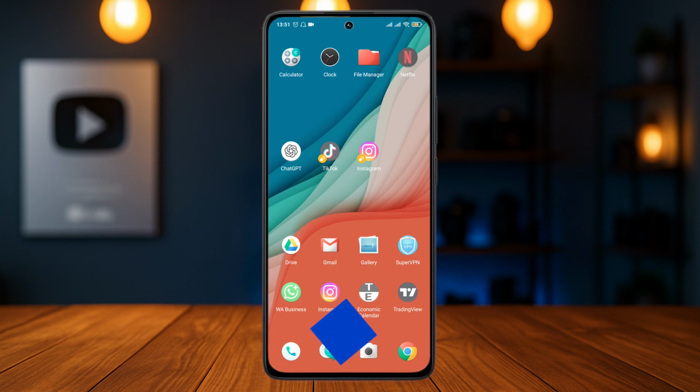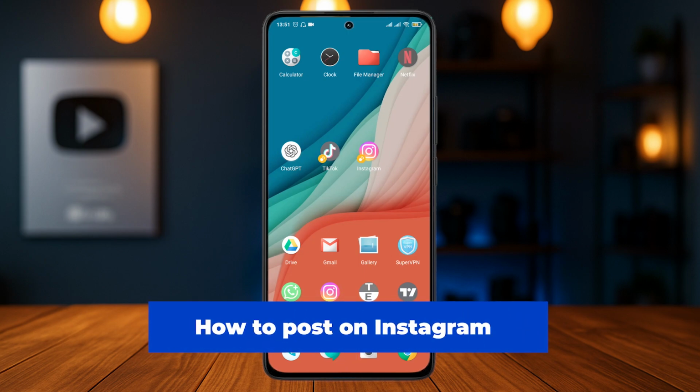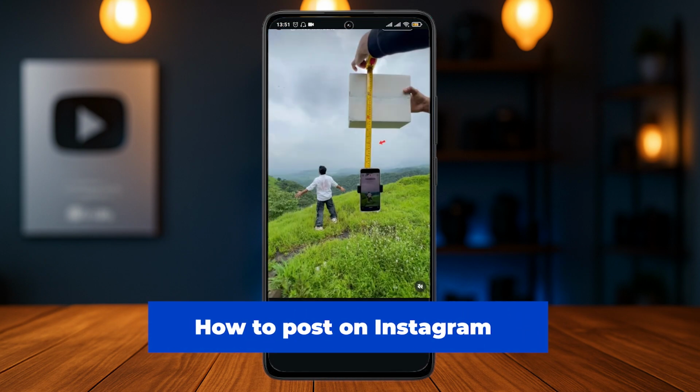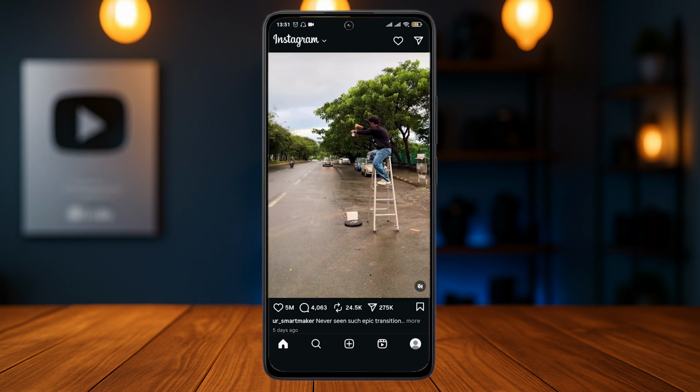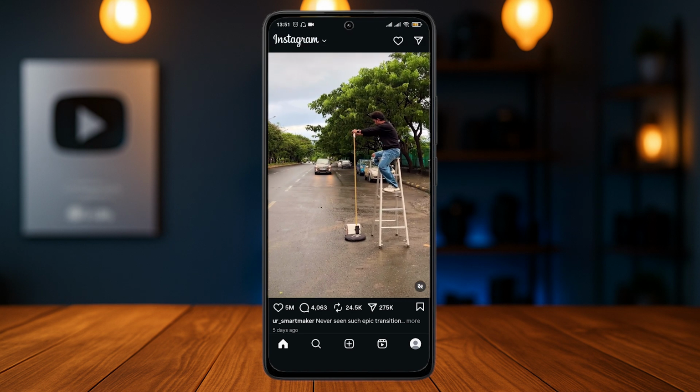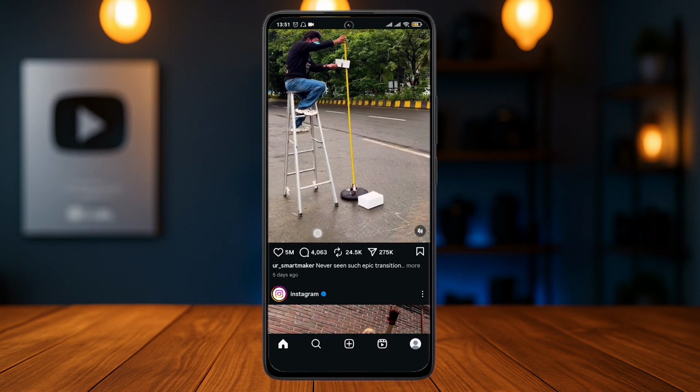Let me show you the way that you post on Instagram. Whether you're trying to add in an image or post a reel, you can follow this video to make your post inside of Instagram. So what you need to do is open up the app of Instagram